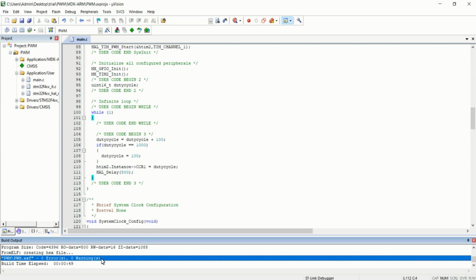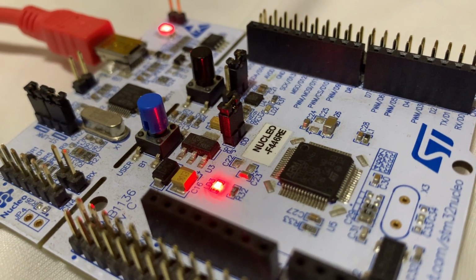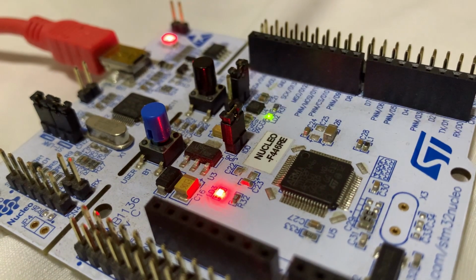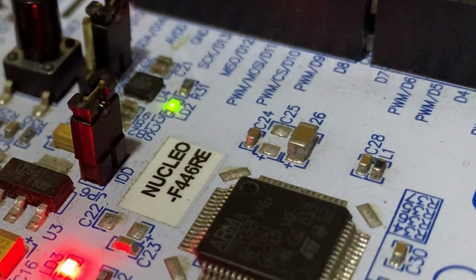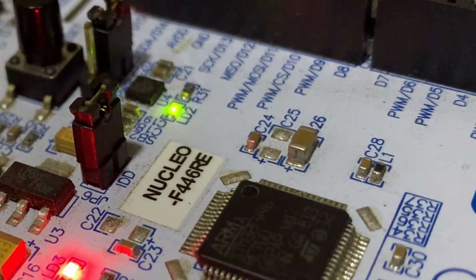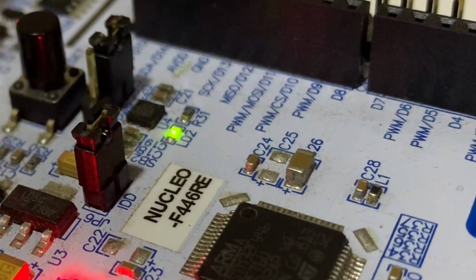Now connect your Nucleo development board to the PC through USB cable, and then click on this button for uploading the flash to your microcontroller. Now that the flash has been successfully uploaded to your microcontroller, now for running the program in my microcontroller, I just want to reset the Nucleo board. I'm pressing the reset button, and you can see my onboard LED LD2 in my Nucleo development board is varying its brightness based on the duty cycle of the PWM wave. That is, it is varying its brightness from minimum to maximum, that is from 10% to maximum 100%, and then it is continuing the same process.